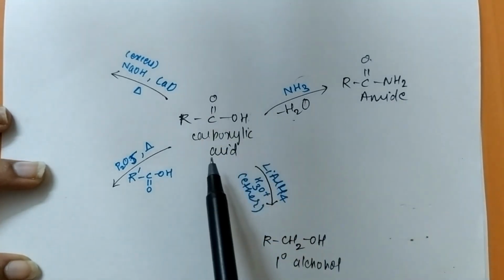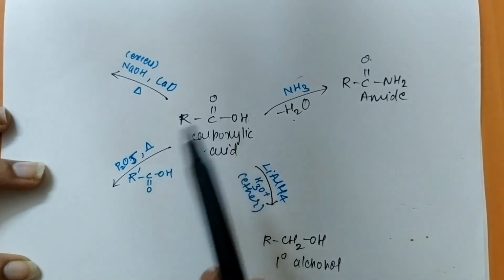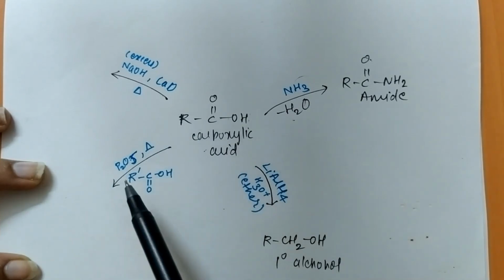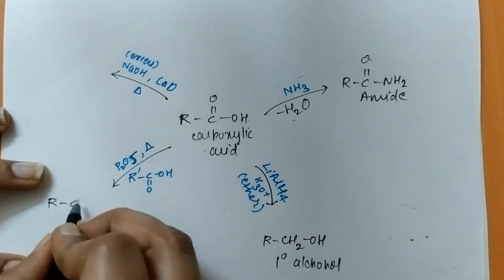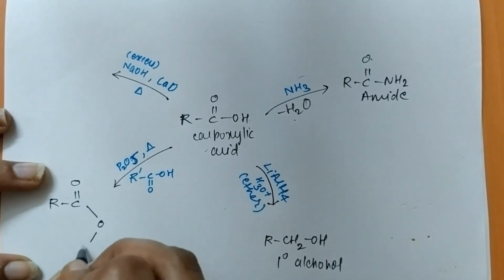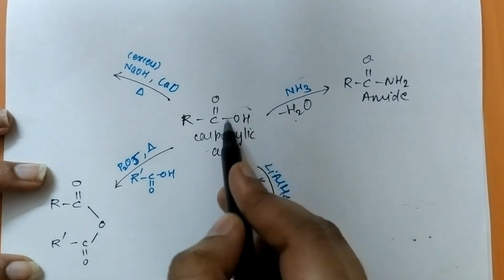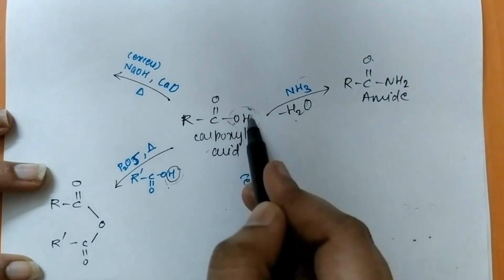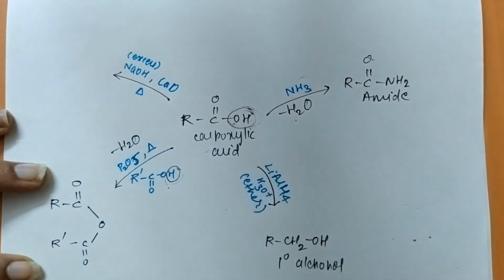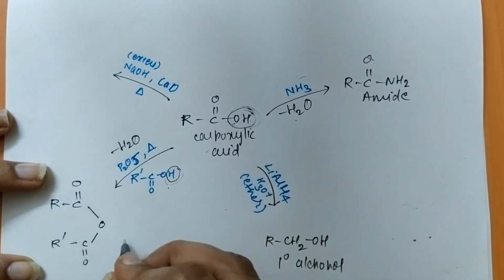Now the carboxylic acid can also undergo reactions with another carboxylic acid or the same carboxylic acid to give an anhydride, that too in the presence of the catalyst P2O5 and heat. So ultimately we get an anhydride. Now this anhydride is obtained by dehydration, that is the OH from this carboxylic acid and one hydrogen atom from this carboxylic acid are going to get lost, and ultimately it will lead to the formation of water, and ultimately we are only left with these two. So therefore we get an anhydride.